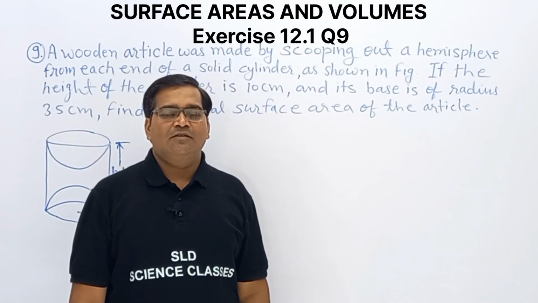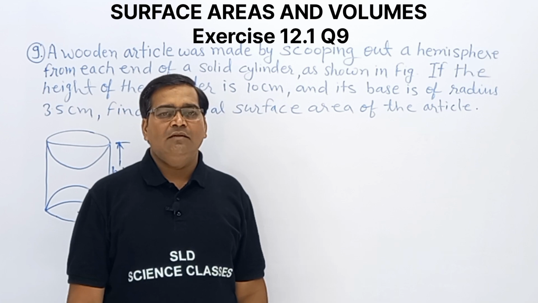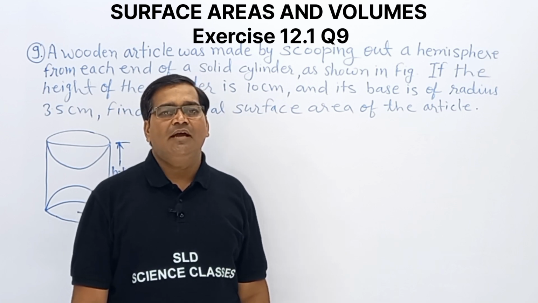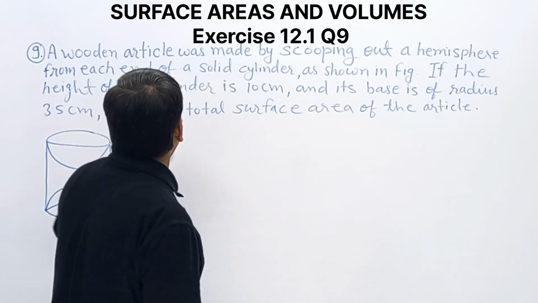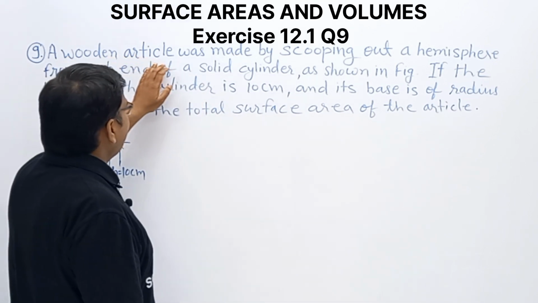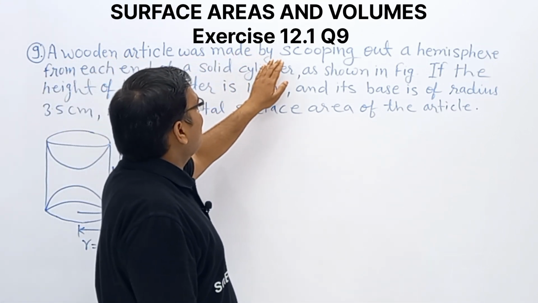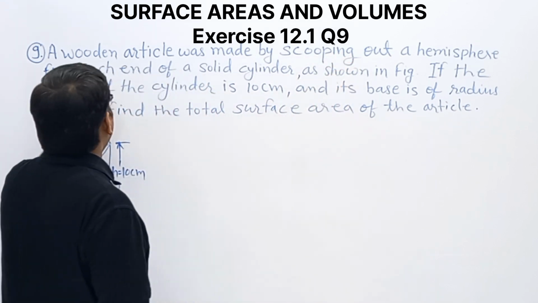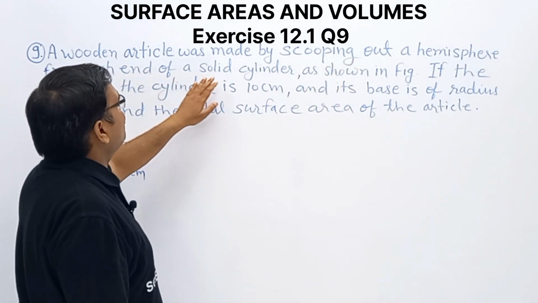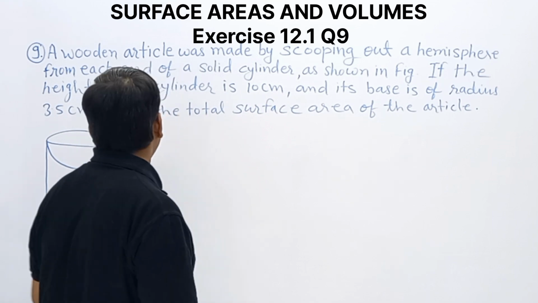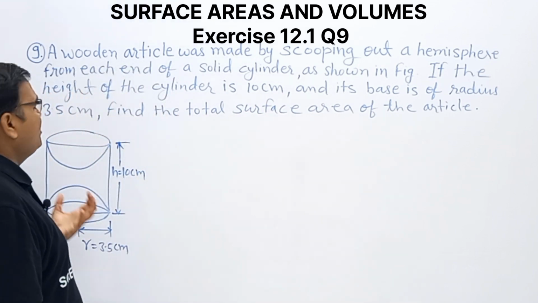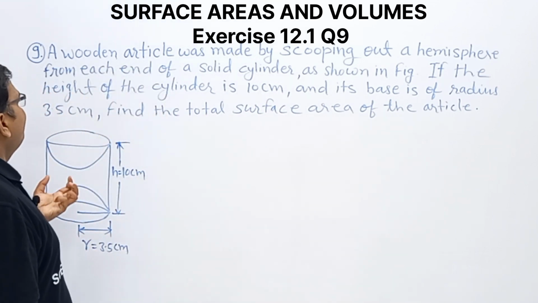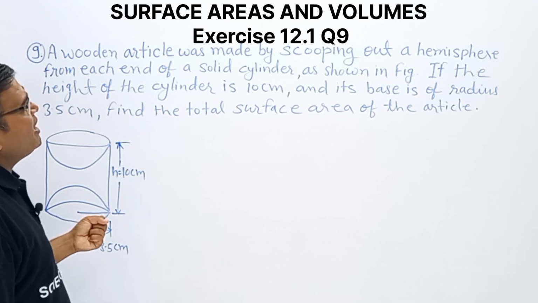In this class, we are going to discuss question number 9, exercise 12.1, surface area and volume. Observe this question. A wooden article was made by scooping out a hemisphere from each end of a solid cylinder. What is shown in the figure? A wooden article was made by